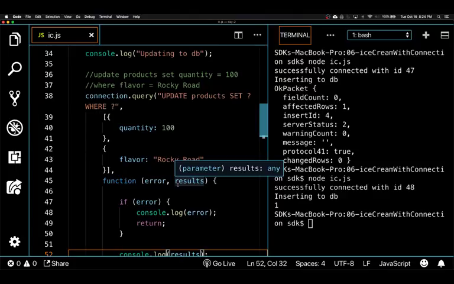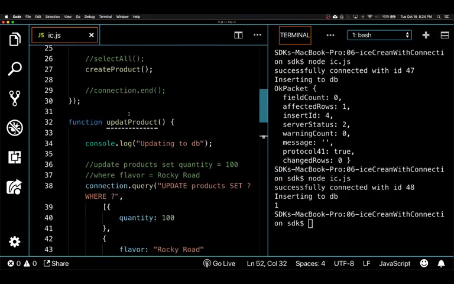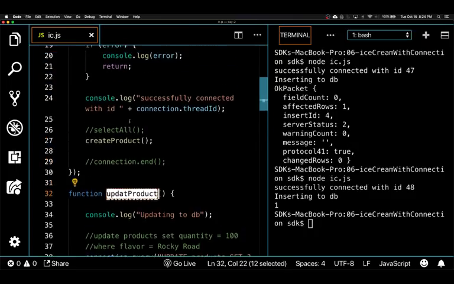set, and this part is dynamic, right, I could change it to something else. So you use a placeholder, which is a question mark, and it will be replaced by this part, and where flavor is equal to this, so again a question mark, and these values are over here. It's an array of objects, and I have two objects going in. All right, so I'm going to copy this, call this on the top,